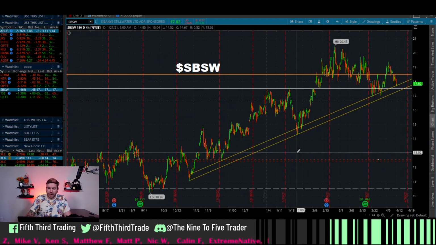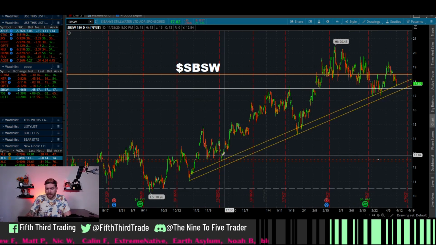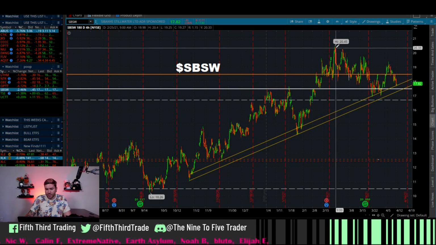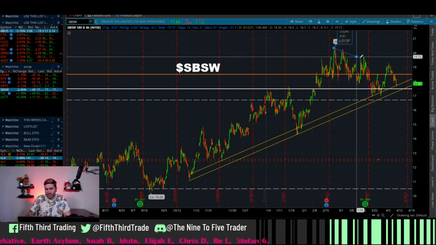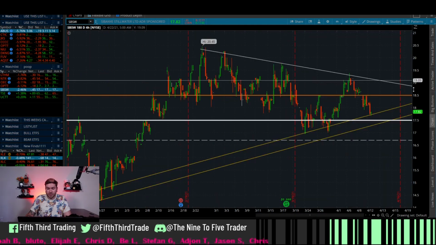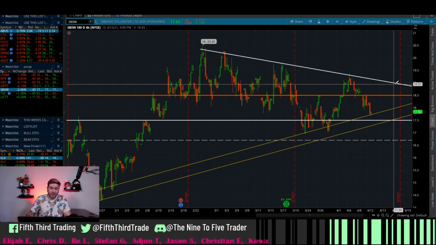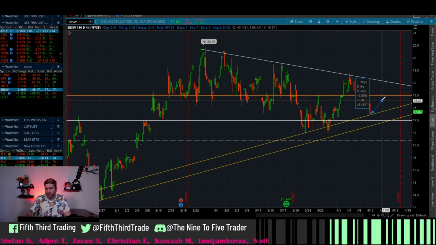Next is SBSW, and this is also a very interesting setup. We can see that there are higher lows across the board recently, lower highs, but then again, higher lows, as of recent making another type of triangle. And we have a lot of triangles forming. I mean, some folks love them, some folks hate them. I have a tendency of finding very similar setups throughout the day and whatever the market shows us, and we can see a lot of triangles are forming.